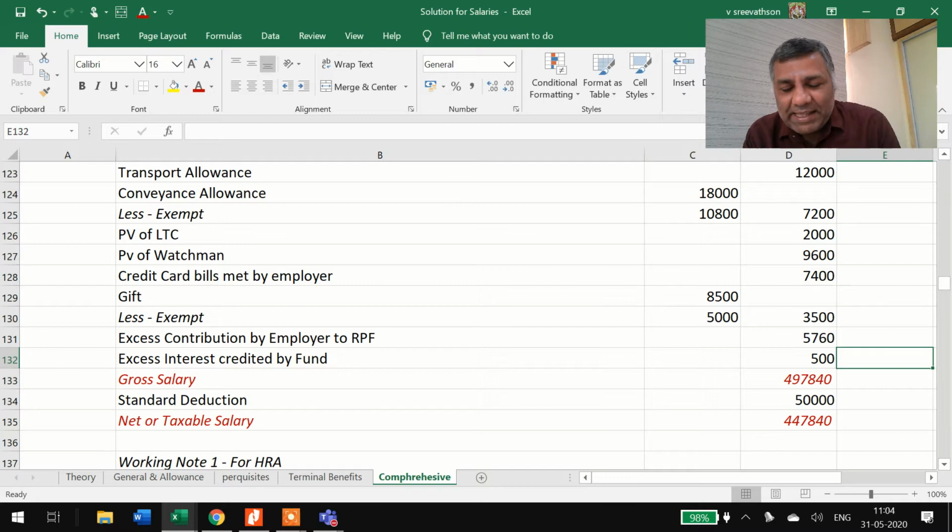Somebody else was asking me a doubt. Sir, on this net or taxable salary, whatever the amount we are calculating, how much percent will be considered as tax? I will not answer those things now. From level 2, we will go to level 3, level 4, not 2 to 8. Though I appreciate your inclusiveness to learn, wait is my answer for that.